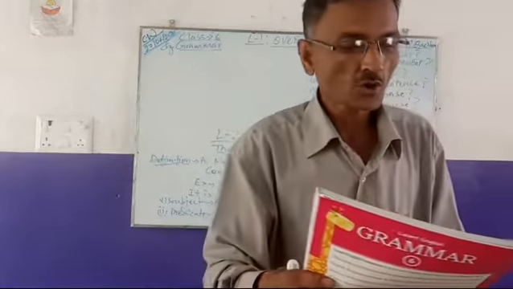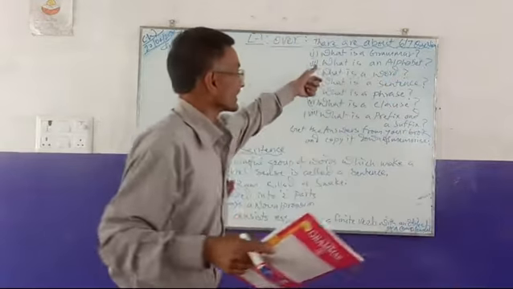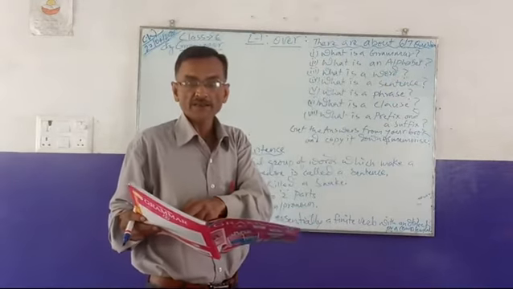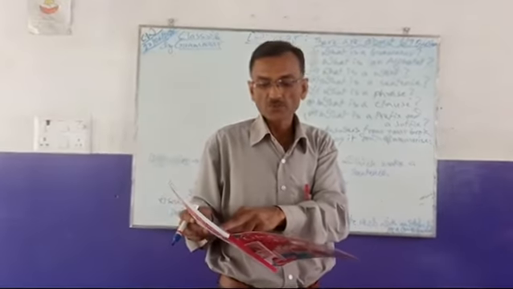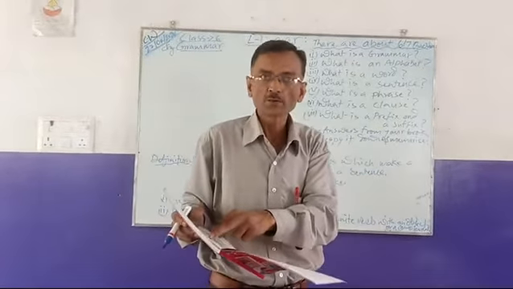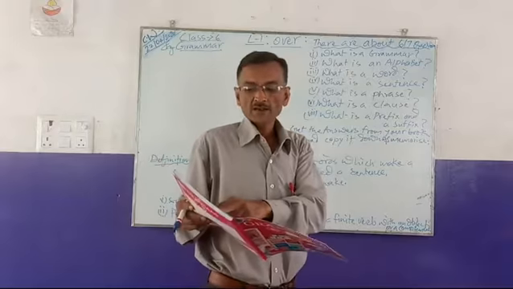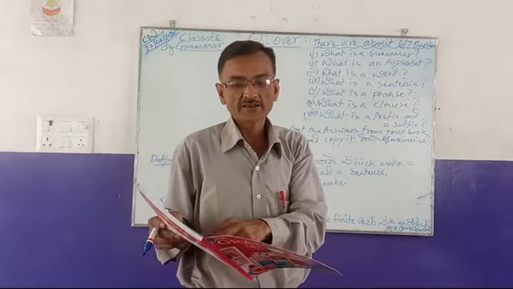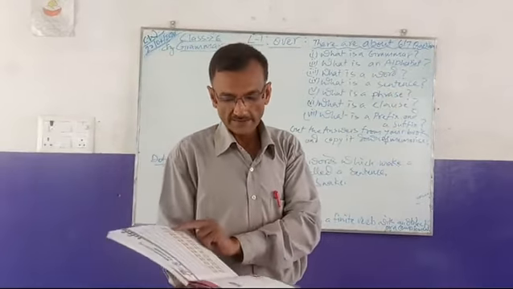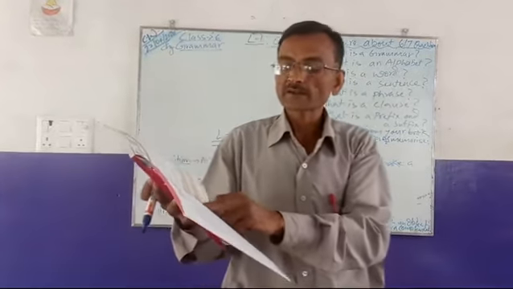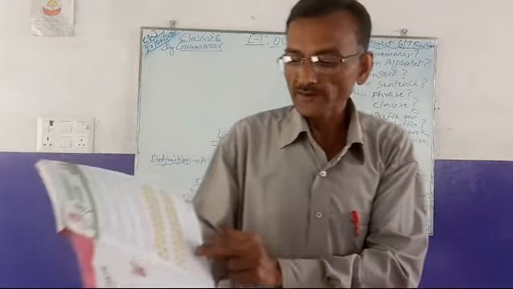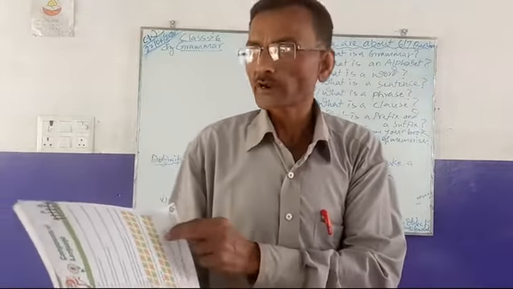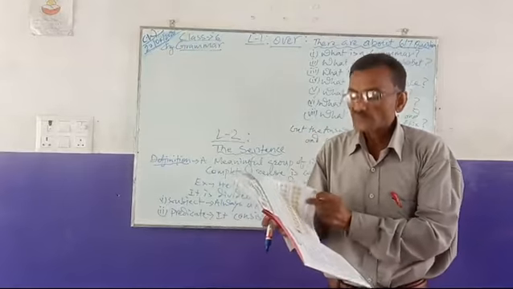It is over now, so I have to tell the answer of what is grammar. Grammar is the study or science of rules for forming words and combining them into meaningful sentences to form a language. This will be the answer, so you will copy it. Then what is an alphabet? Alphabet is a set of letters. There are 26 letters in the English alphabet. These are capital or small. Further, these are divided into vowels and consonants. You have learnt all well up to now.